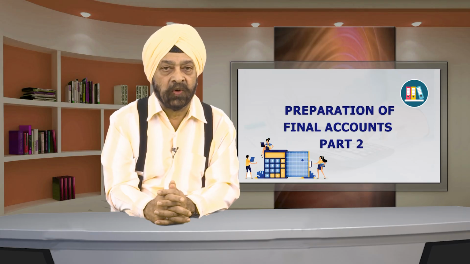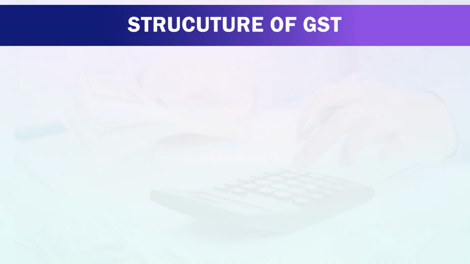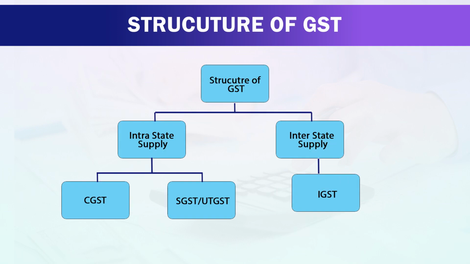Friends, let us have a look on structure of GST. Structure of GST is divided into two parts. The first one is intrastate supply and second one is interstate supply. Friends, when there is a intrastate supply, two GSTs are applicable, CGST and SGST or UT-GST. But in case of interstate supply, IGST is applicable. Let us